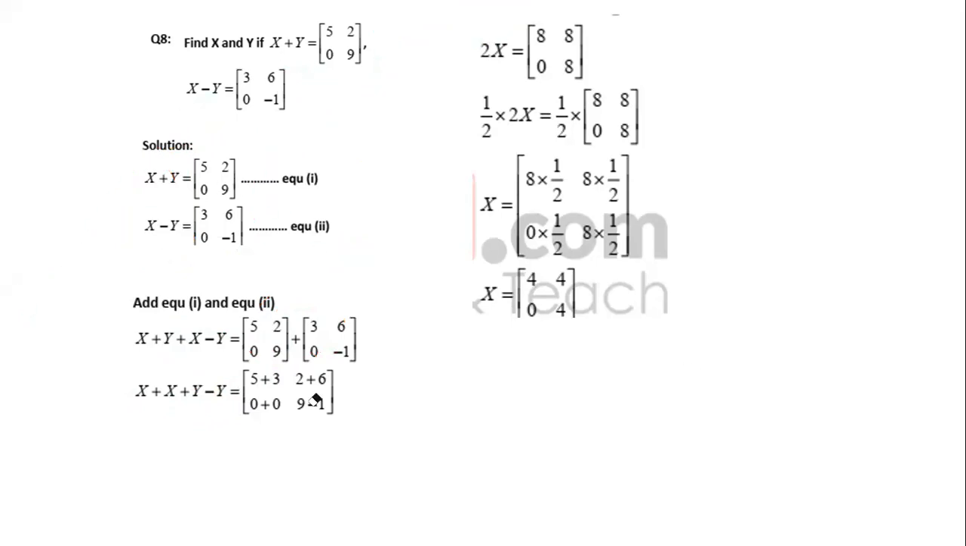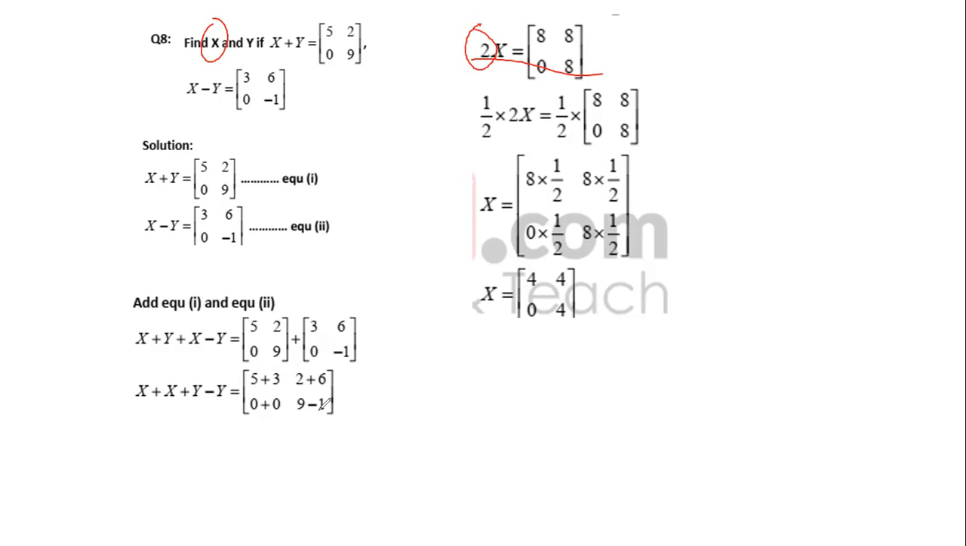2x is equal to 5 plus 3. This is 8. 2 plus 6 is 8. 0 plus 0 is 0. 9 minus 1 is 8. And that's the value of 2x. And we have to find only x. In the question, there is only x. So we must have to